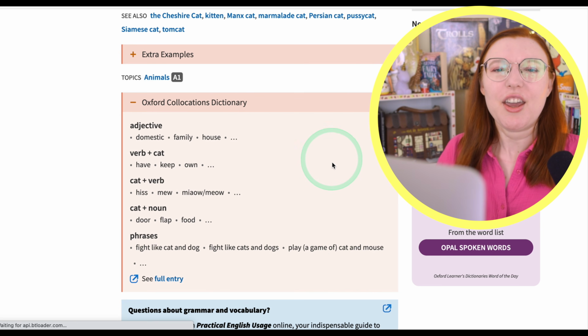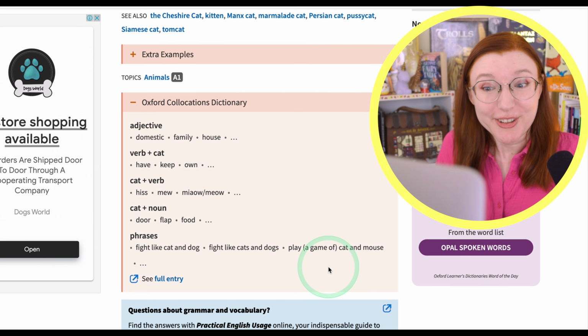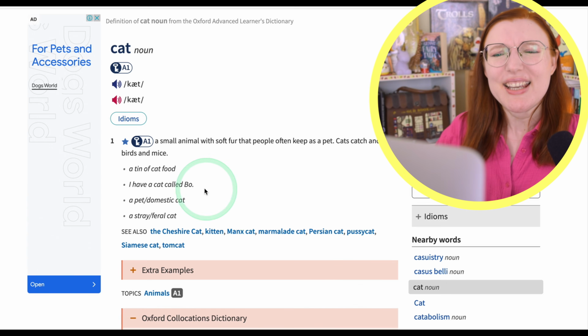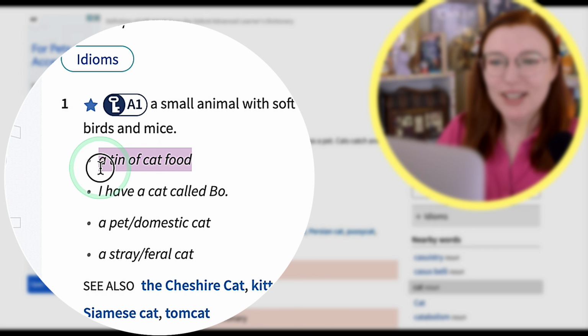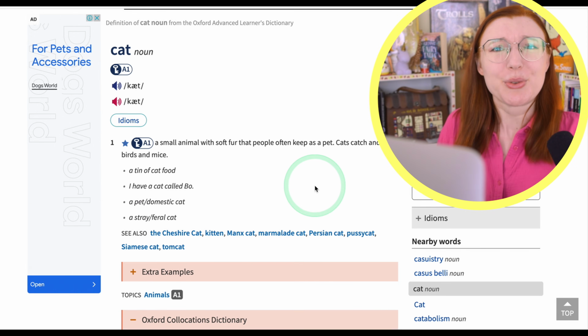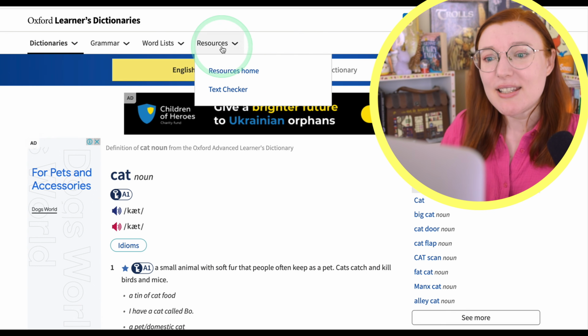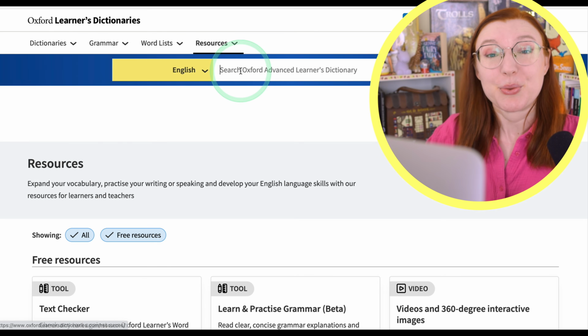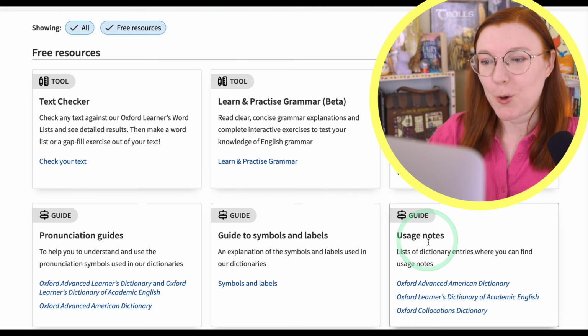Collocations. They are crucial for us learners. Unfortunately, here you need to pay for them to get full access to collocations, which is a bummer. There are a few things you can do to find the collocations you need. Read the example sentences carefully. A lot of important and common word combinations are already there. You can find some collocations if you go to Resources, Usage Notes.